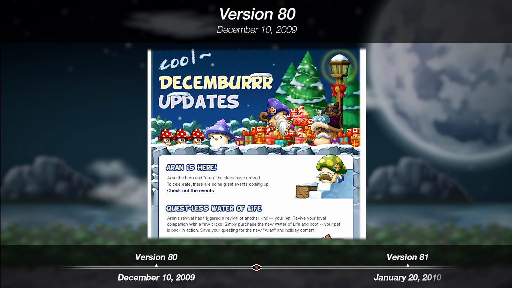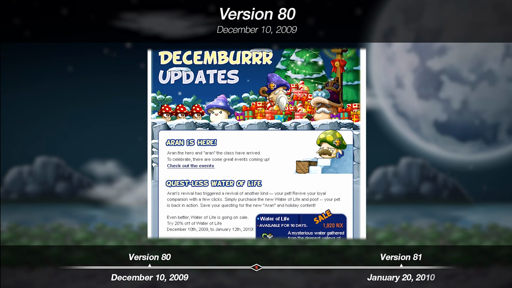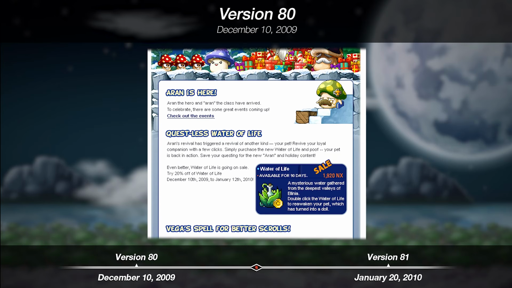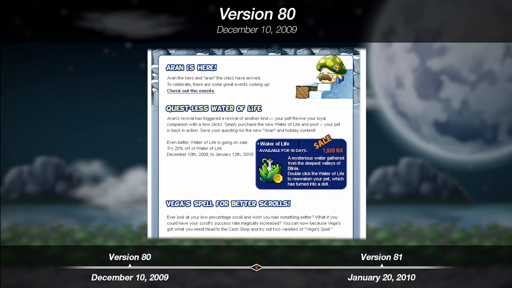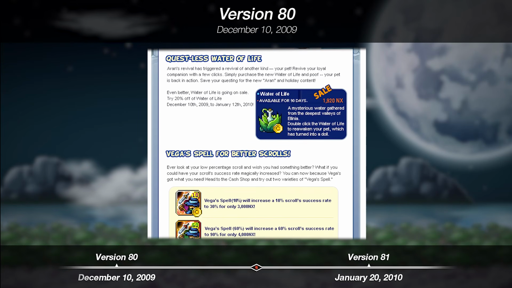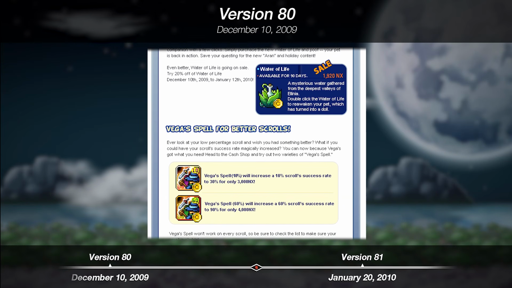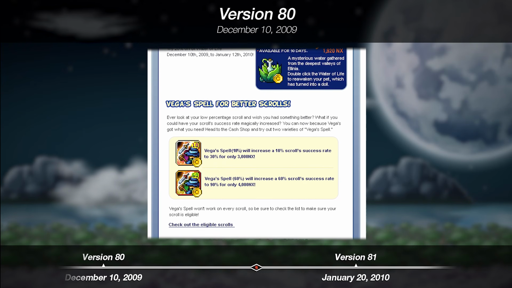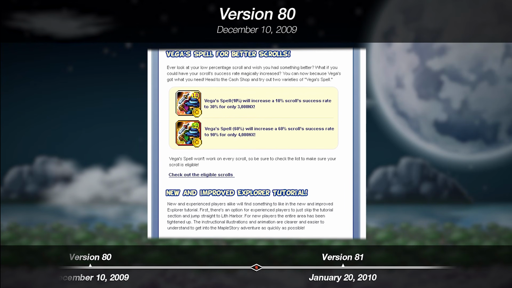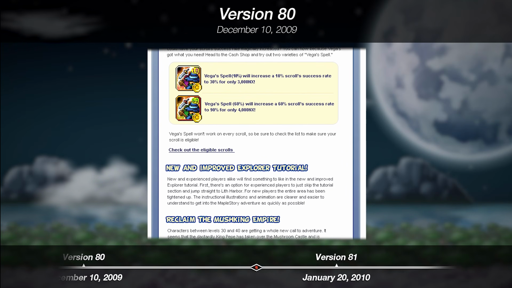The Water of Life item that previously required the player to finish a quest in order to revive their pet was updated to simply revive the pet upon clicking, streamlining something that was mildly annoying. Vega's spell was first released, and this was an item that increased the success rate of scrolls for NX. Yep, it did that. The Explorer tutorial, also known as Maple Island, received an update as well as the option